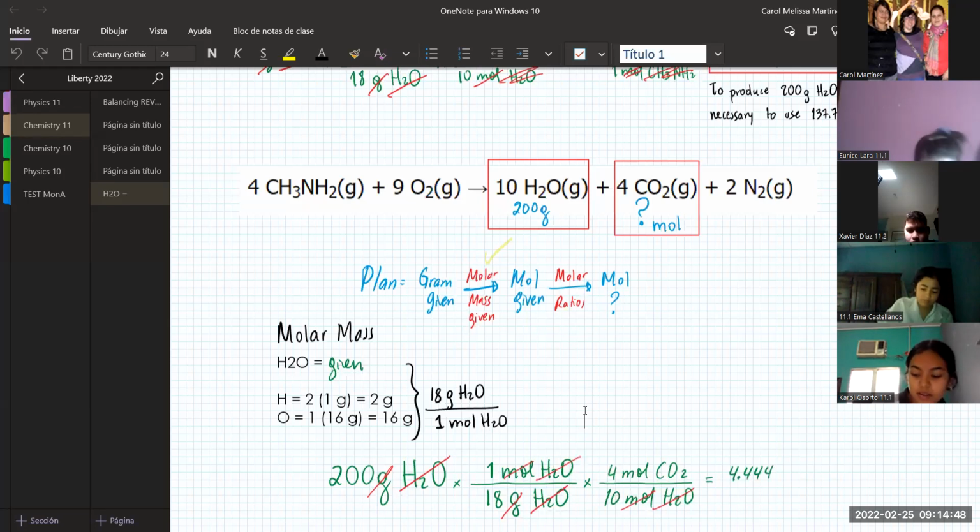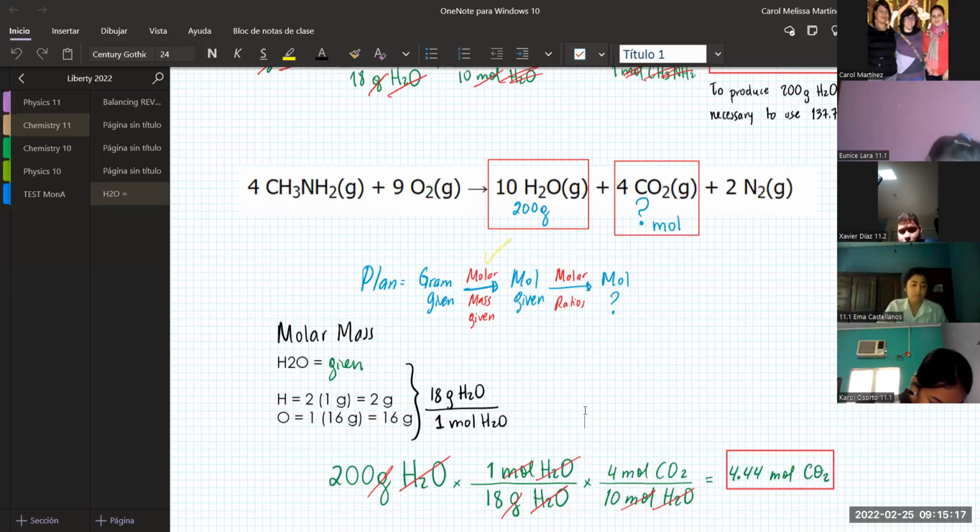Should I round this answer? You can put a line above. Because 4 is less than 5, you just ignore the last decimal, and then moles of CO2. If I do this, I need to get rid of the last